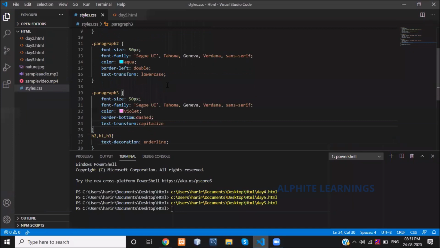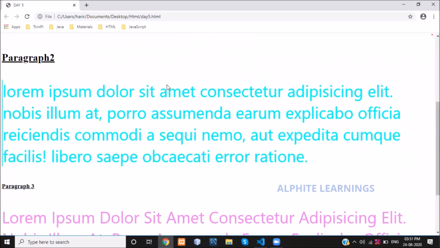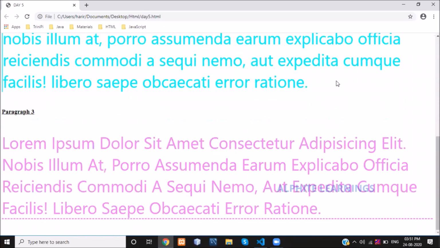What is the goal of text-transform capitalize? Each word in your paragraph will be capitalized. Let's see what it is displaying. Each word of your paragraph is displayed with an uppercase first letter. See, in lorem L is capital, in ipsum I is capital, dolor D is capital, sit.